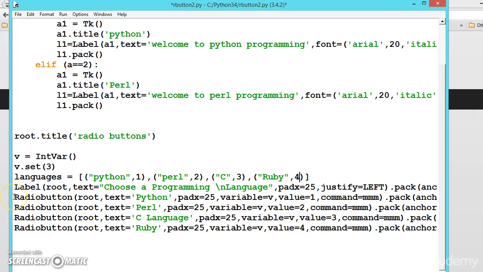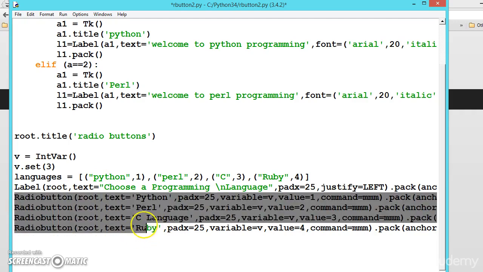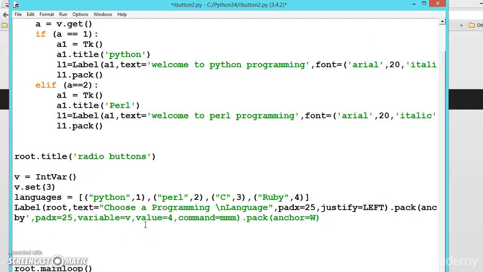So we have created a list. Now instead of writing all this, let me delete this. Now we will be looping in the languages list and creating radio buttons. So for that, let us write a for loop: for text comma value in languages,